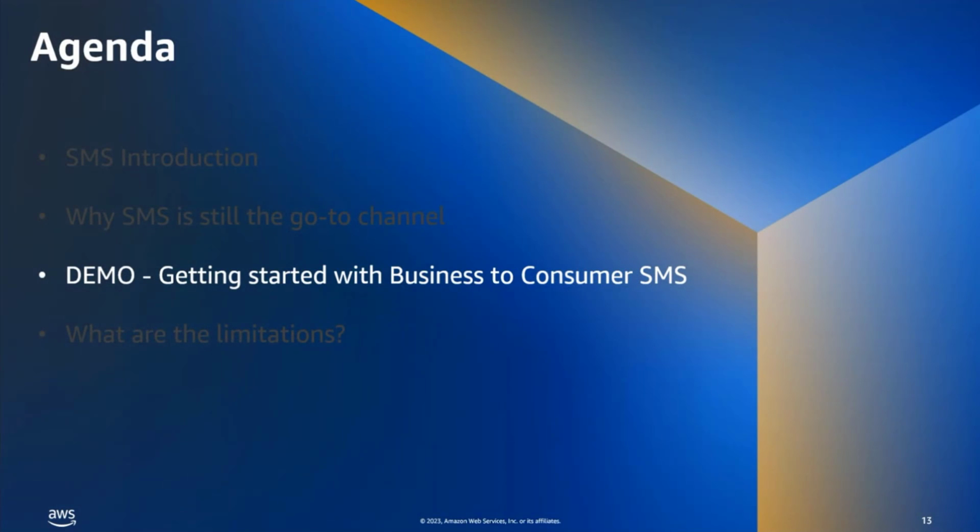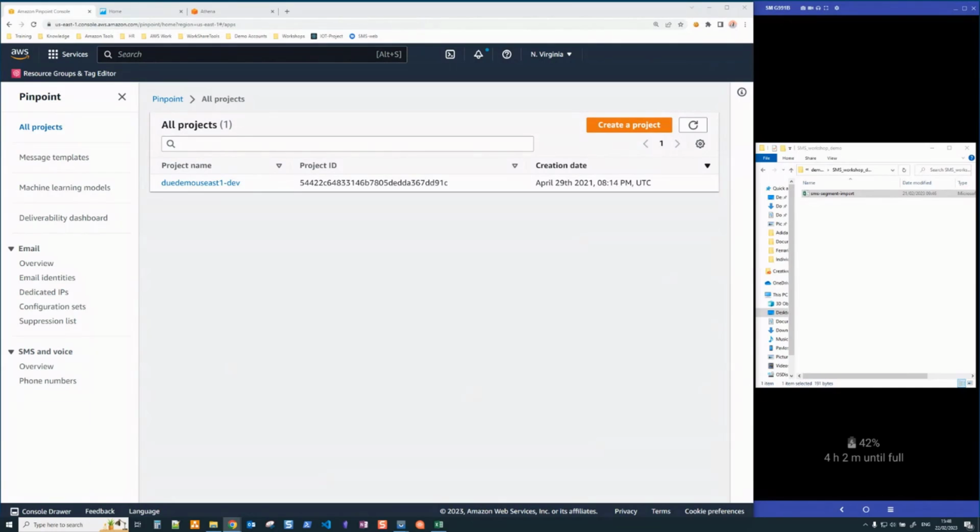So we've seen a bit about what SMS can do, and which origination identity or number type would fit the various use cases. Let's take a look now at how easily you can get started. In the following demo, we're going to jump into the Pinpoint console. We're going to create a project, import some user data, which are mobile numbers, choose an origination identity, and send out the campaign. I'm going to hand over now to Pavlos to guide us through this journey. Thank you very much, Scott.